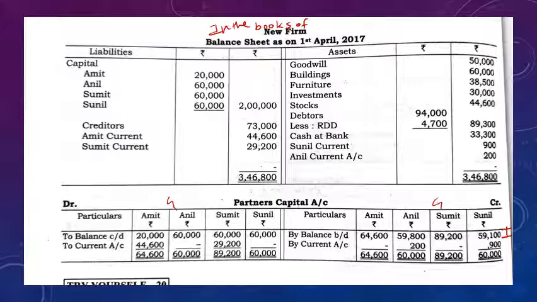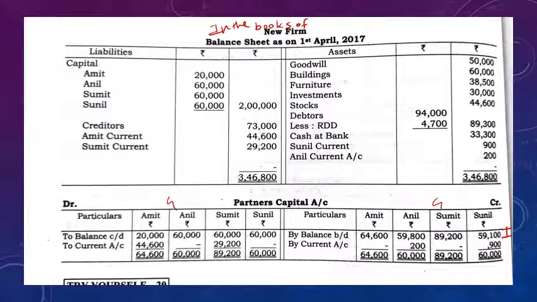Now second account, of Anil. Anil's balance transferred from the old firm was 59,800. Close this account. For closing this account, see the debit side of this account. On debit side, the amount is higher than the credit side. So first of all, we will write the total on debit side, 60,000. Now copy this total on the credit side. And now we will get the difference of rupees 200.